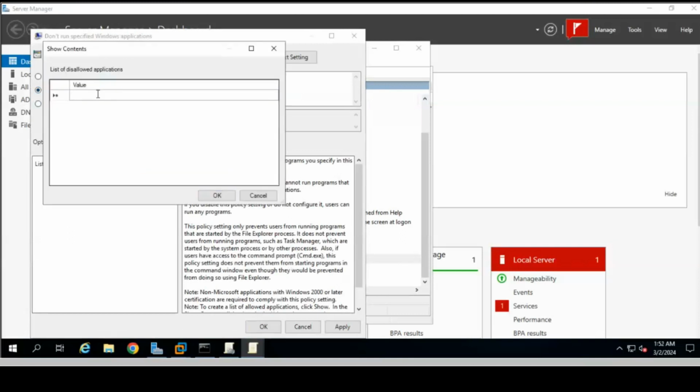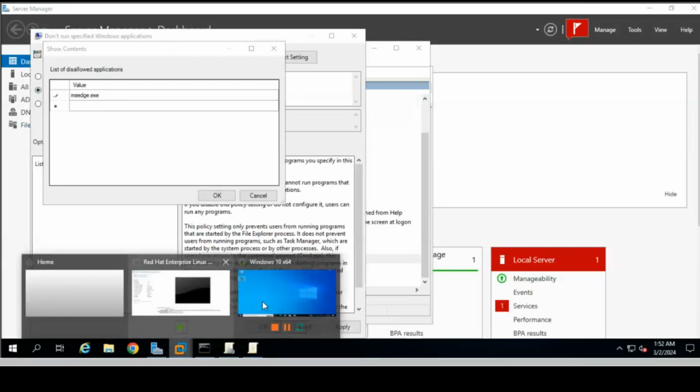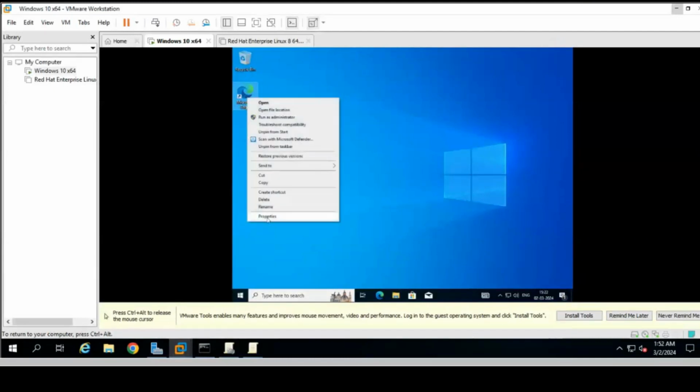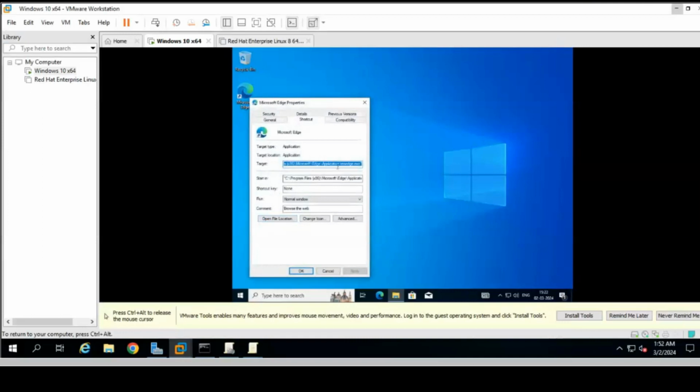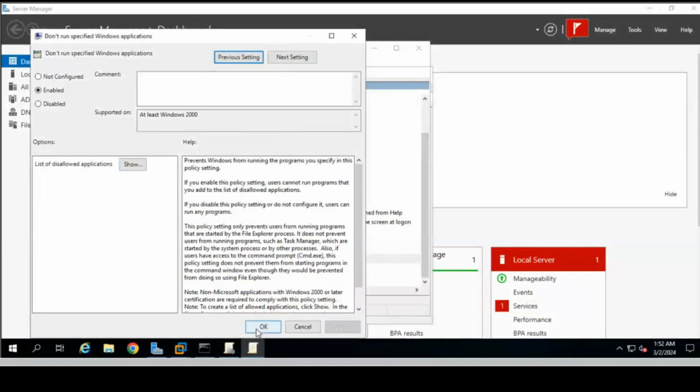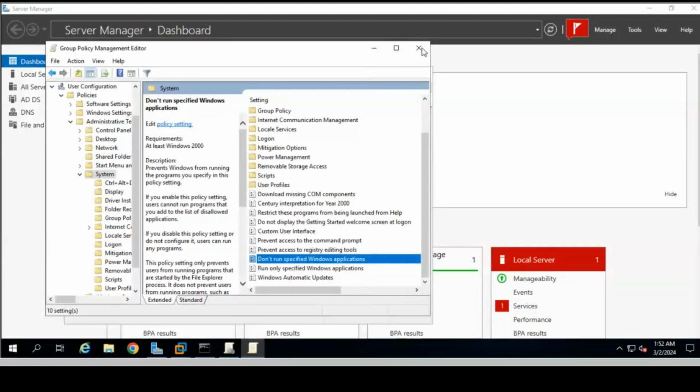and here just create the list, and for Microsoft Edge just type msedge.exe. And if you don't know how I found this word msedge.exe, we earlier discussed that. Right click on your Microsoft Edge and then Properties, and in the last field you can find this msedge.exe, right? So I put that word because of this msedge.exe. So msedge.exe and okay. Now do Apply, then okay, and now it is set.